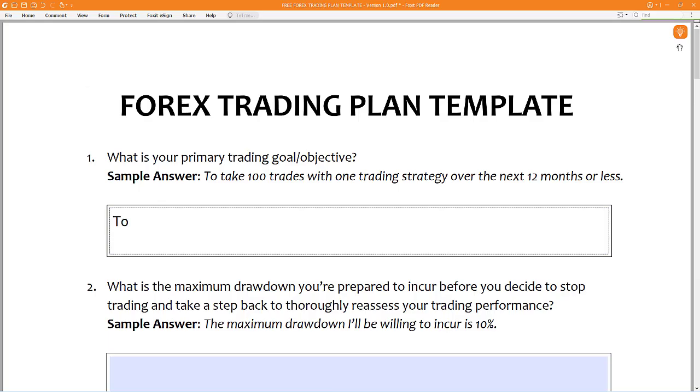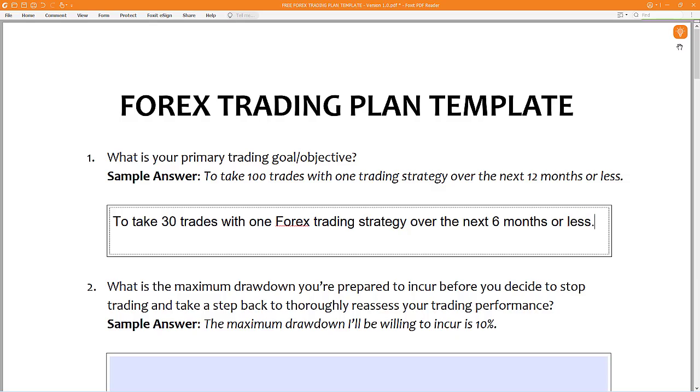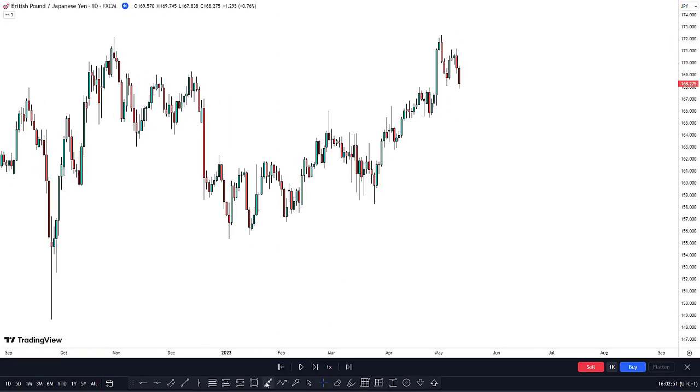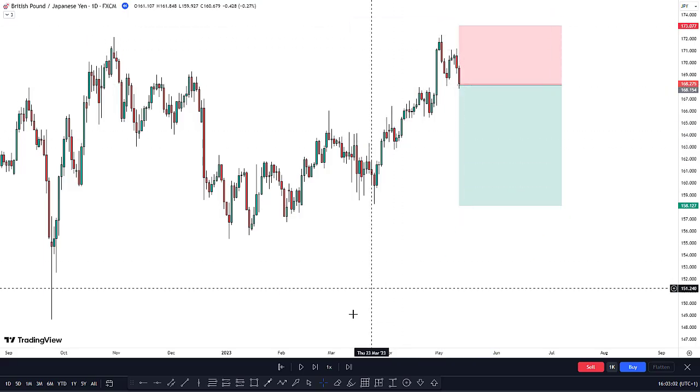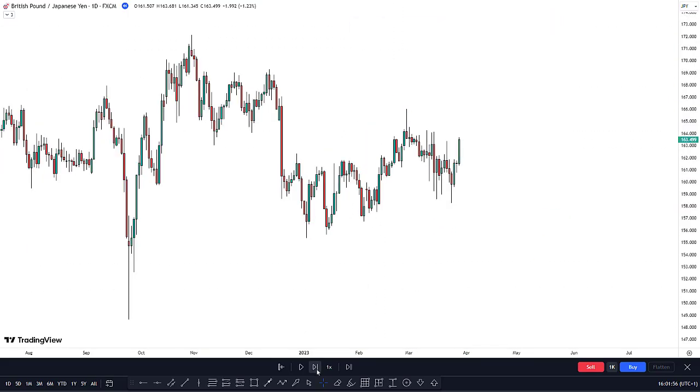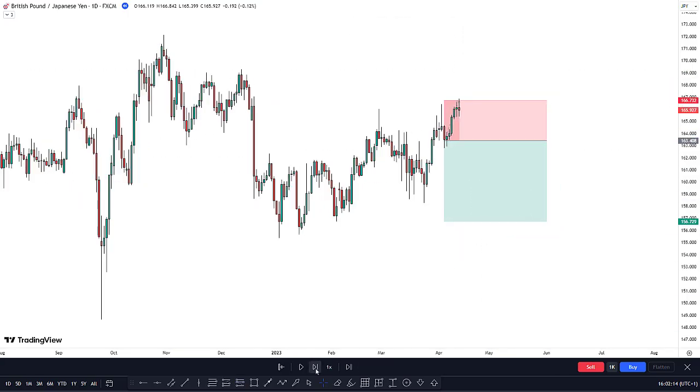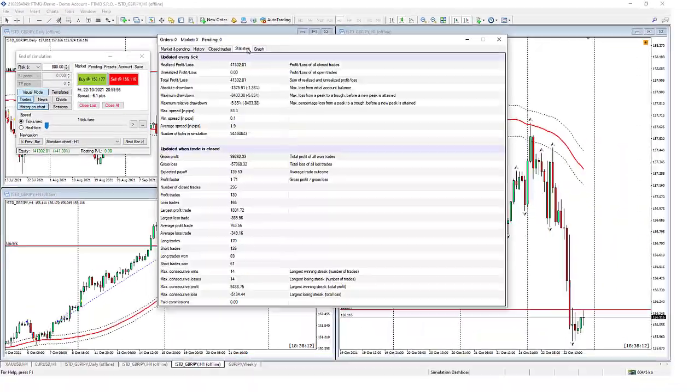But bear in mind that just setting a goal of taking X number of trades in and of itself is not enough, because it wouldn't make sense to set a goal of taking 30 trades with a trading strategy that has a high tendency of encountering 30 losing trades in a row. So to really stack the odds of winning in your favor, you'll need to take a step back and analyze